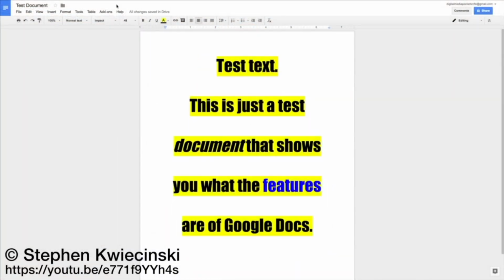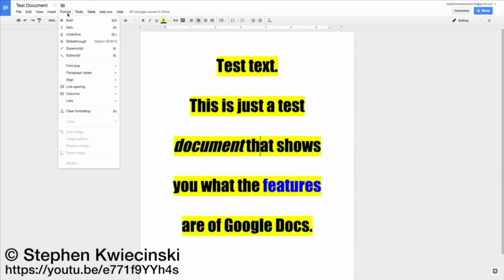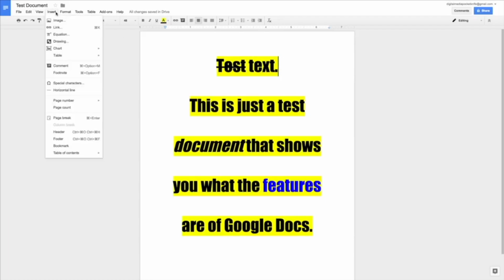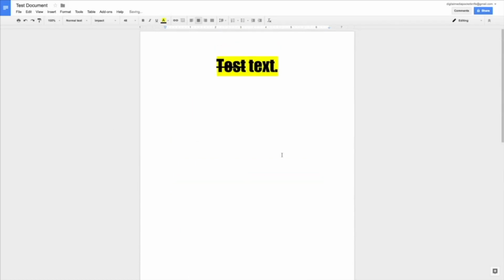We also have some options underneath this format menu. A lot of similar things that we see on the format bar, but we also have some things that we don't see right away. So if I click on test, if I highlight this, format, strike through, we get that nice little strike through with our text. There are some other cool things in the insert menu that will let you format the document as a whole. So if I click on the end of this first sentence here and I go to insert, and I want to insert a page break, I can insert a page break so that the next sentence begins on the next page.